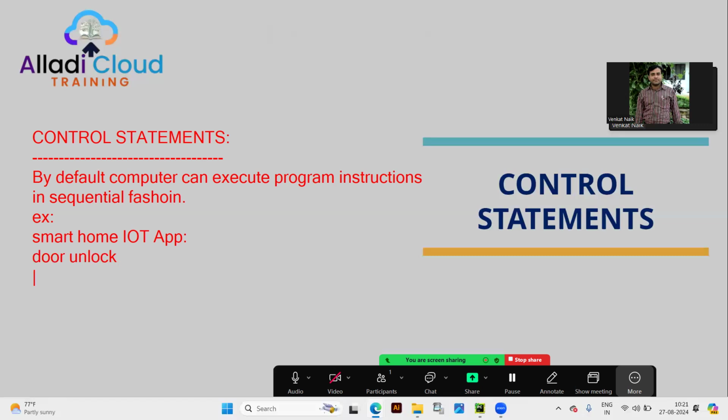Once the door is unlocked, suppose you are not available in the hall, because every door, once you open, there will be a hall, right? Suppose you are somewhere else, in the kitchen or in the bedroom. Clear? When the person comes inside the corridor, without any person's involvement or intervention, the lights need to be on. Is that clear? So now, lights on, because it's mandatory. Yes or no? If you write a program, next,